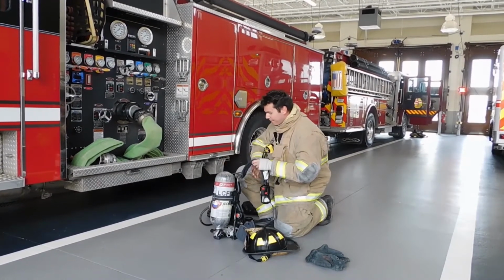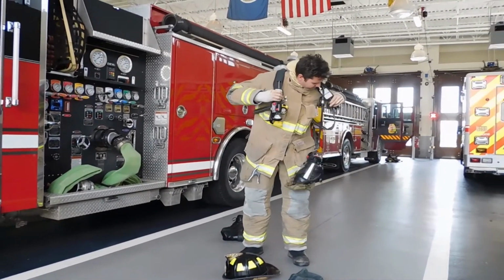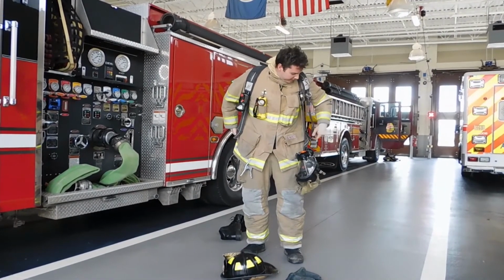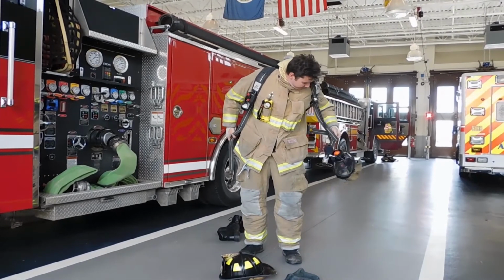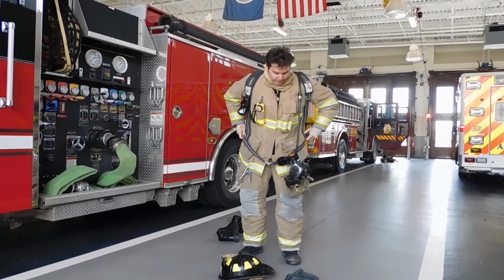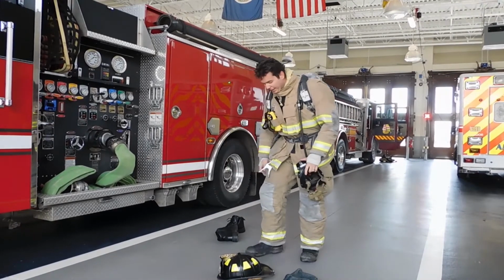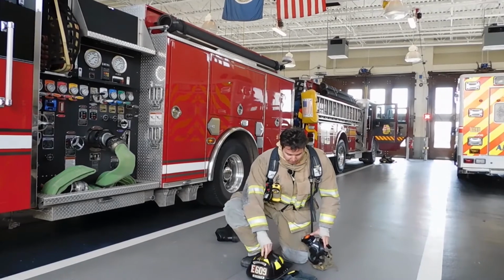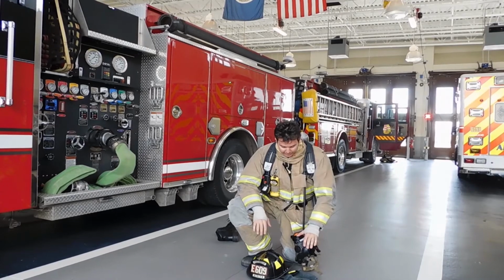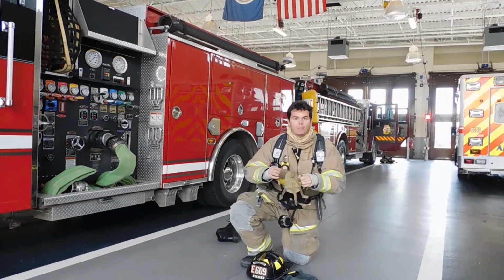And like I said, this goes on just like a backpack. Straps tighten up to fit to us for comfort. And then it's got this seatbelt strap that goes around the waist. And that tightens up as well. Now it's very comfortable. Very heavy, but very comfortable. Next thing we have is, I'm not all the way covered up, so I still need to protect my head, and my hands, and my face. So what I'm going to do now is put on my face piece,